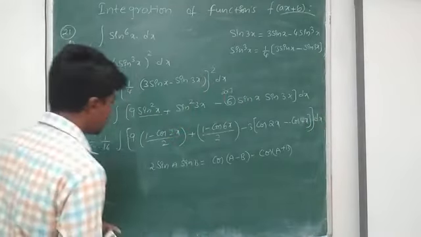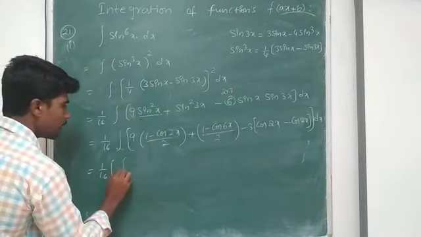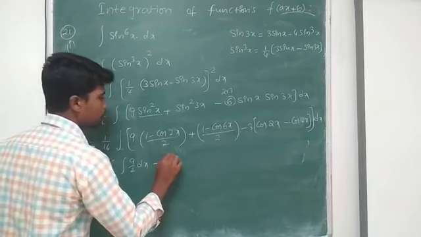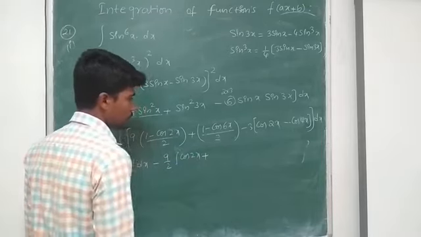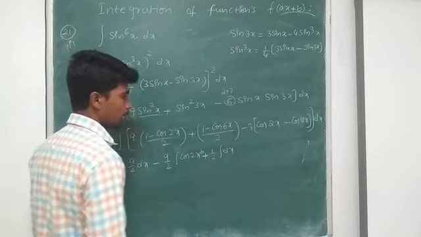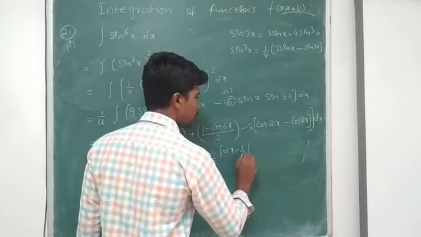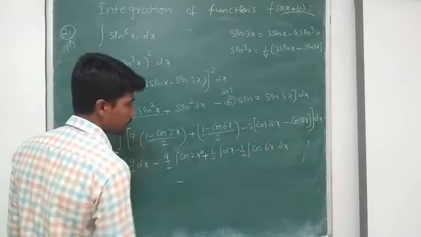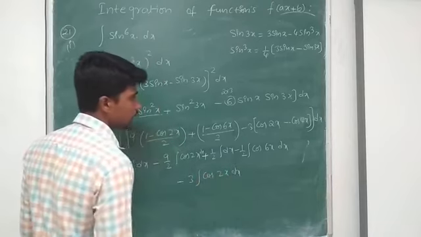Okay, so for the simplification, I get this as 1 by 16 into integral 9 by 2 dx minus, I take 9 by 2 common, 9 by 2 integral cos 2x plus, take 1 by 2 common, integral dx and minus integral cos 6x by 2, so I can take 1 by 2 outside, so 1 by 2 cos 6x dx minus 3 integral cos 2x dx minus into minus